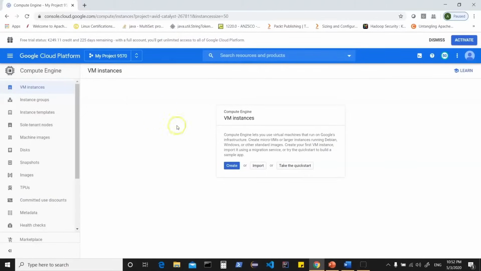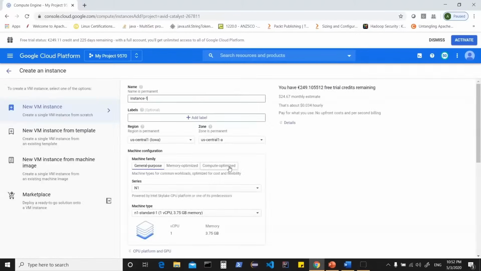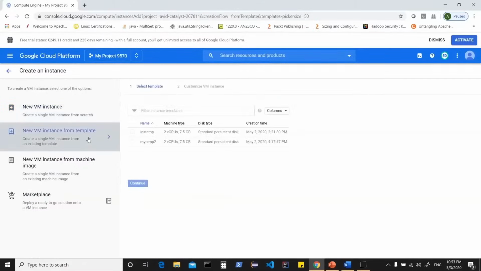Now, we can see these options here. You can click on VM instances while you're logged into your Google Cloud Console. Here, you can even create an instance template which can be used to spin up instances. For example, if I click on new VM instance from a template, there are some templates which I have already created for my usage. Now here, I can basically use one of these templates, or